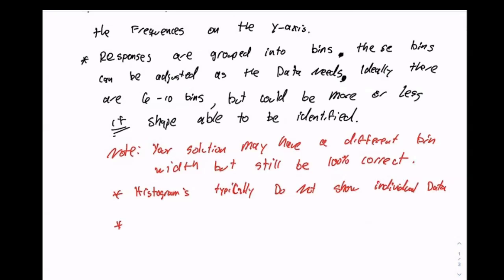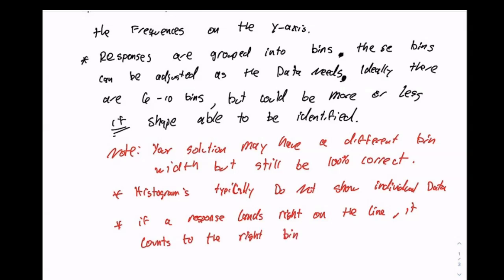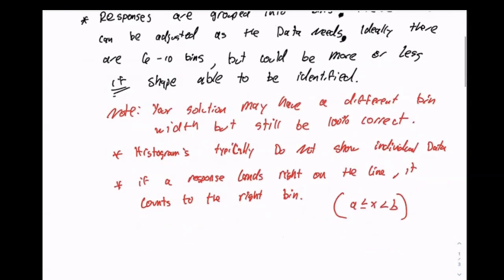And finally, if a response lands right on the line, it counts to the right bin. In other words, every bin should be greater than or equal to A, but less than B. So if the response was 1, that response